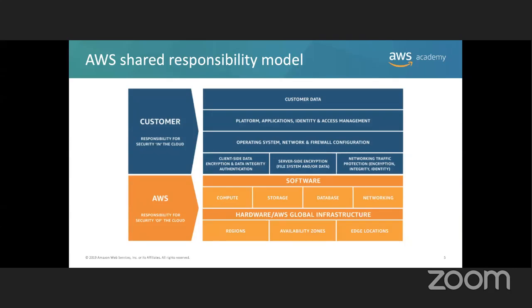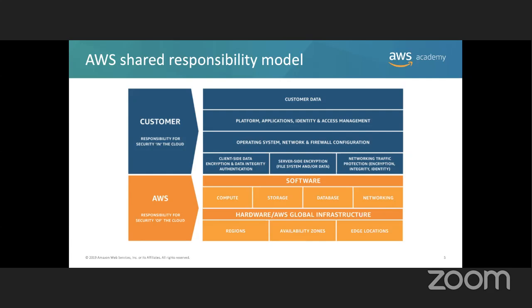Whatever is outside the console, everything that you can do in the console, everything that is outside is AWS's responsibility. It's like the data center security, the security of the security services, if you understand what I'm saying.